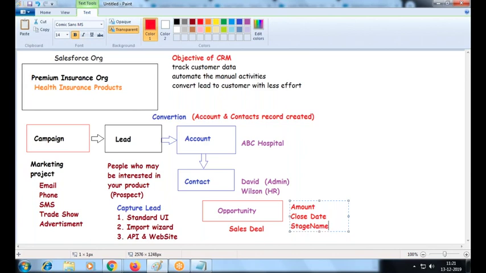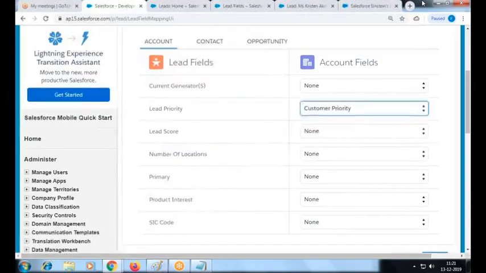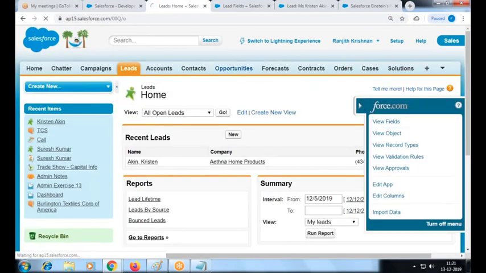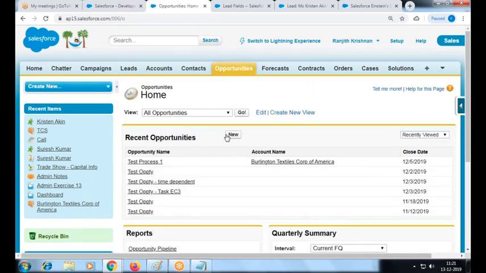Some sales agents will convince you in a better way, so the day you are convinced, you will accept. Sometimes you are not convinced, then you'll say, let's call me tomorrow, or I need this type of discount. Then you again go back to your manager, get the discount, and call them again. So that's how you work with the deal. So normally the stage field is the one you are going to use to progress the lead. So take the opportunity object,